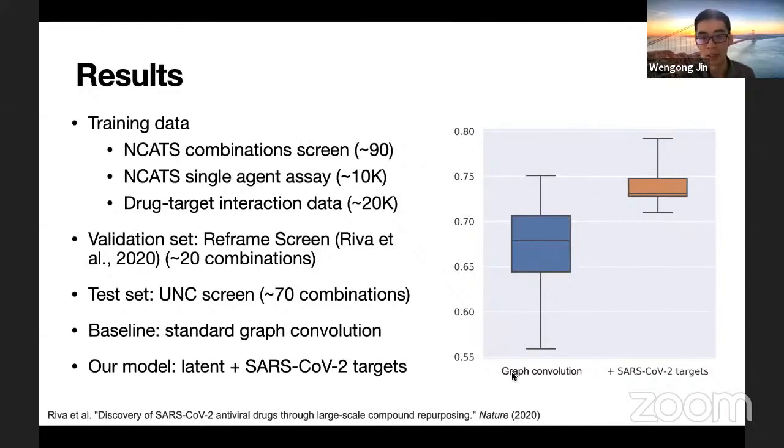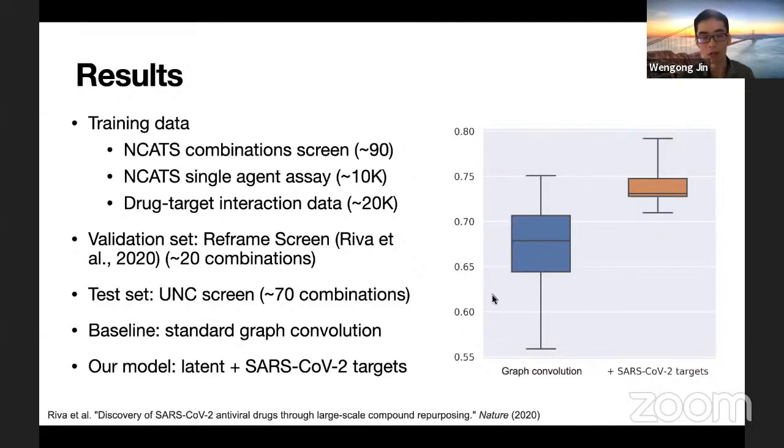So basically, this model is trained by removing all the drug target interaction, and this will be just purely reasoning over the latent targets. And as you can see, the standard deviation is also a lot smaller compared to the